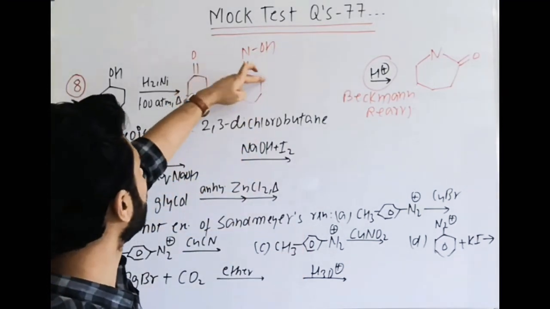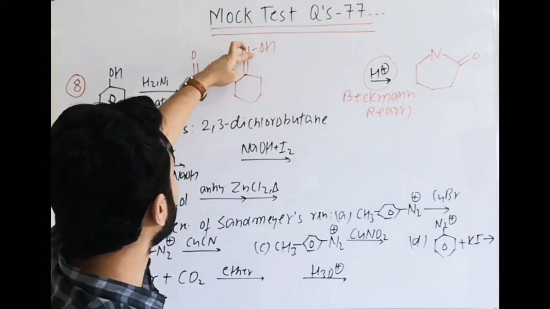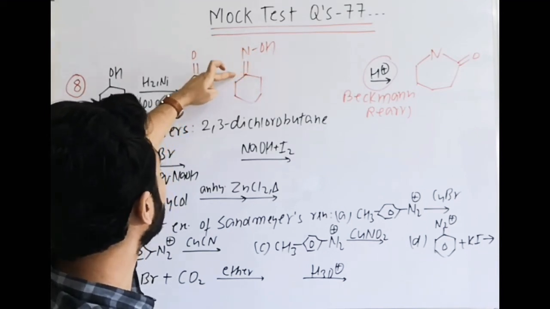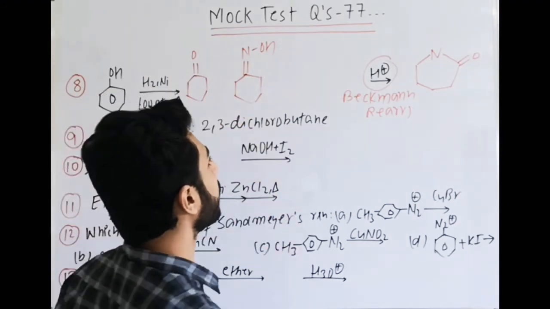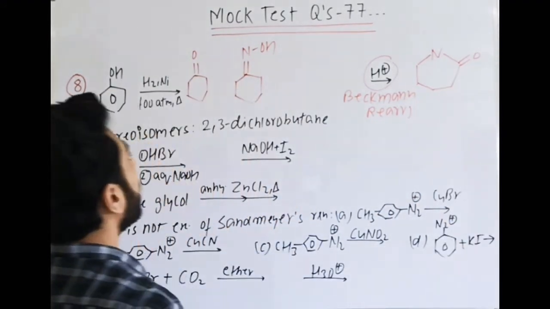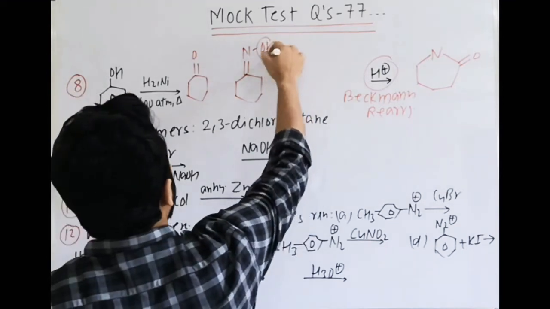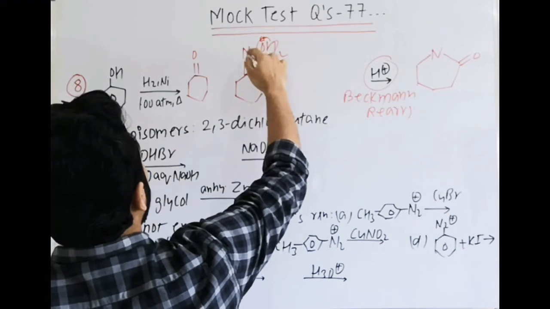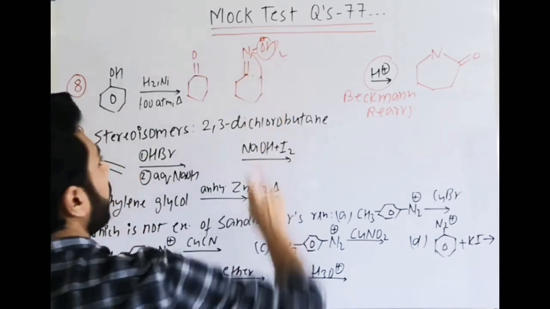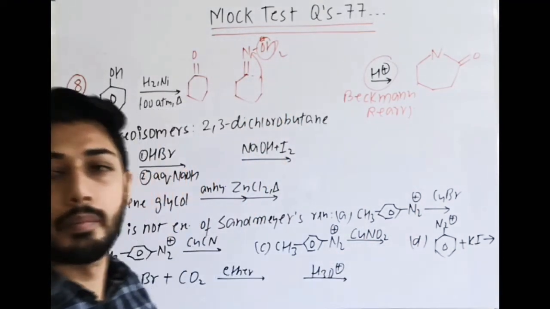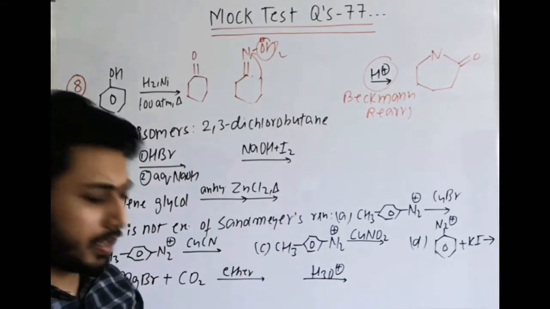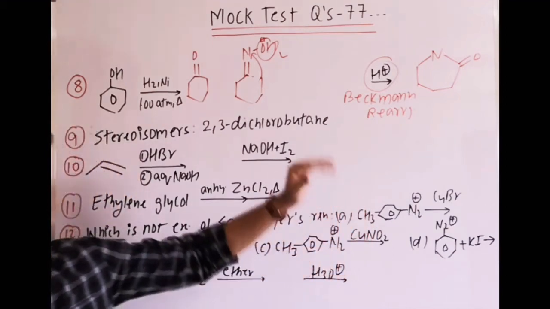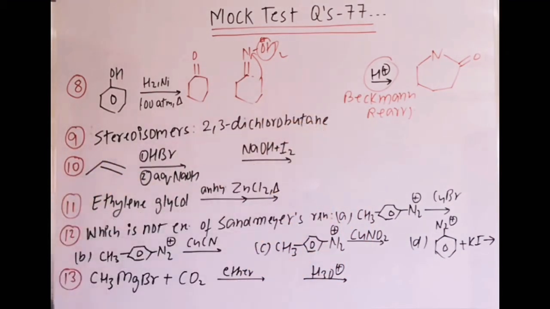I think that is the structure. Why? Because this will be attacking there. 1, 2, 3, 4, 5, 6, 7. That will be the structure. So you can go for that one, where water is released here, and this will attack. And when it attacks, this bond is cleaved. Yes, that will be introduced. So you can see which reaction, the Beckmann rearrangement, is covered in any mock test. Now I do not know, I think within 10 to 20 it is covered, but in the description you can check. With mechanism I have explained it.